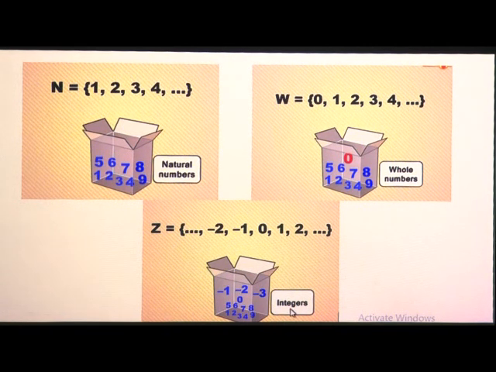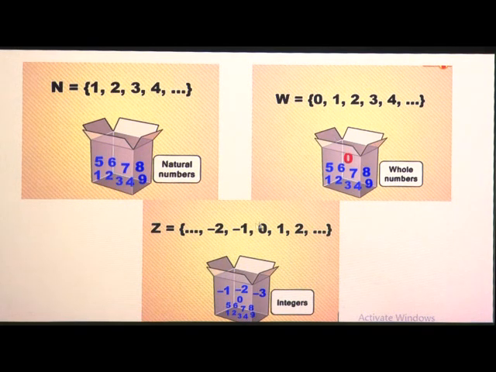Now, what are the integers? Yes, you had learned the chapter on integers and you know integers are denoted by a capital Z. 0 is an integer which is neither positive nor negative. On the right hand side of the number line, 1, 2, 3, 4 are positive integers, and to the left hand side -1, -2, -3 and so on till infinity are known as negative integers. So, you know what integers are, the natural numbers, and the whole numbers.